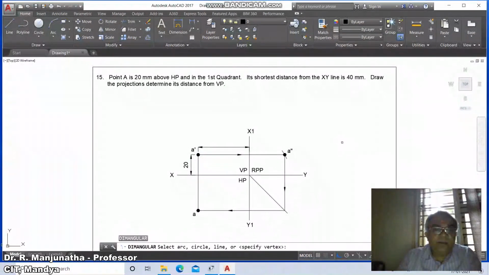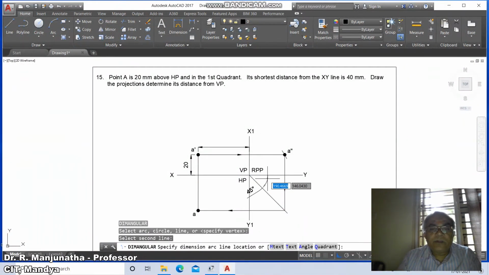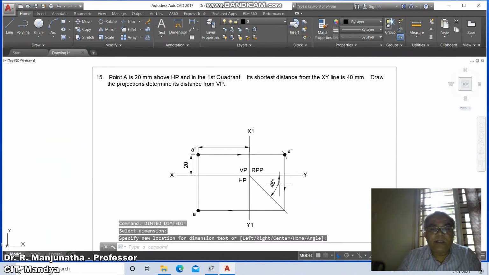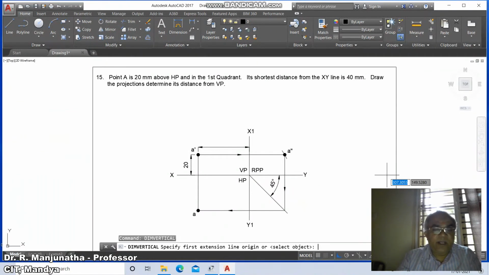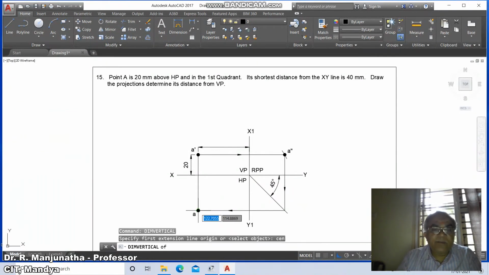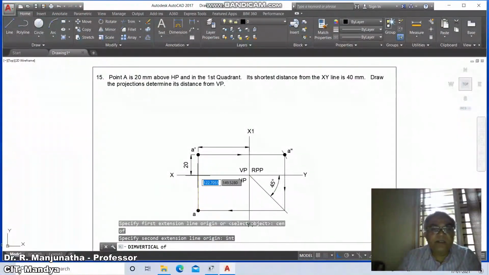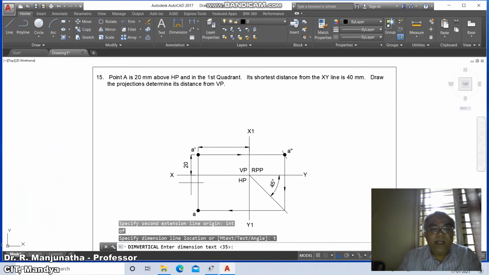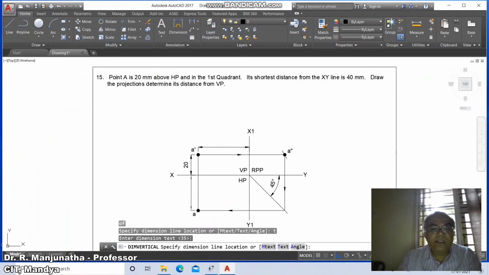Dim angle, select between these two, so this angle is 45, and dim TED, text edit dimension, and place it here. Similarly, dim vertical, take center of this and intersection of this. Now we are getting this, but I don't want the text to be written there, so type text here, T, and then enter dimension text. You just give a null return, enter it. Now you're going to place it here.